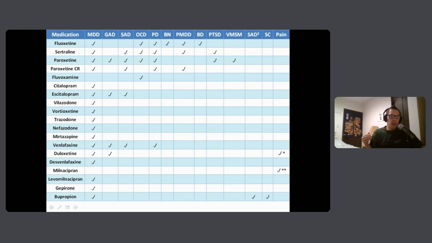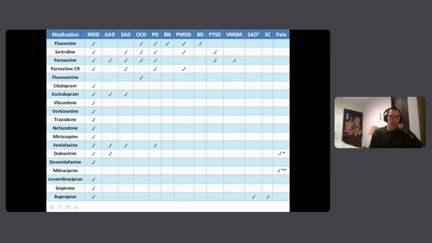SNRIs. We've got medications that are SSRIs plus, I guess we could call them. They have a little bit extra function. And then you've got your SARIs and your mirtazapine, which is kind of in a category of its own, and then the NDRIs. So SSRIs, we got fluoxetine, sertraline, paroxetine. We got controlled release paroxetine because it actually has some separate things that it's approved for. Fluvoxamine, citalopram, and escitalopram. And then vilazodone is sort of like an SSRI, but has a little bit of extra